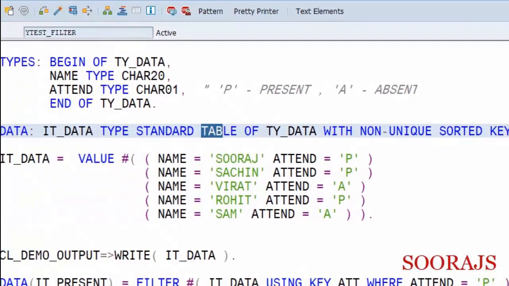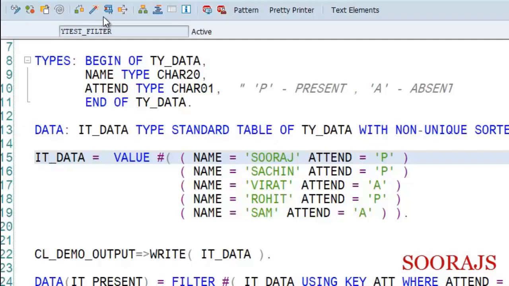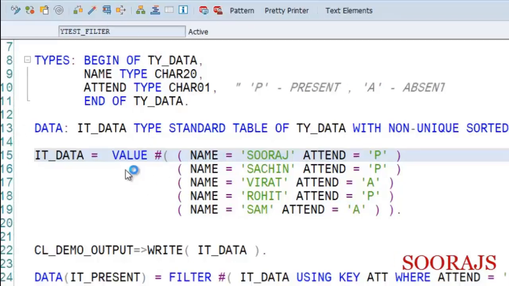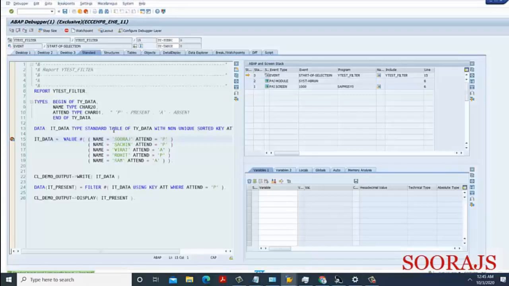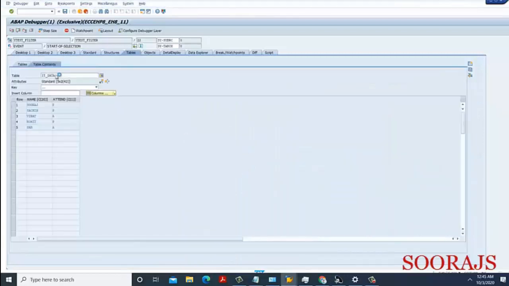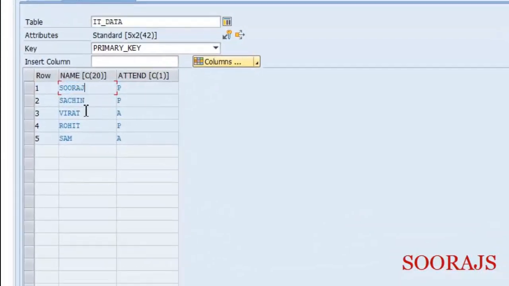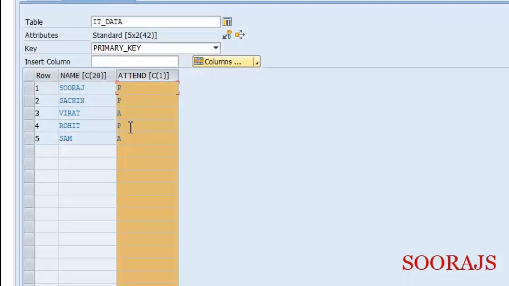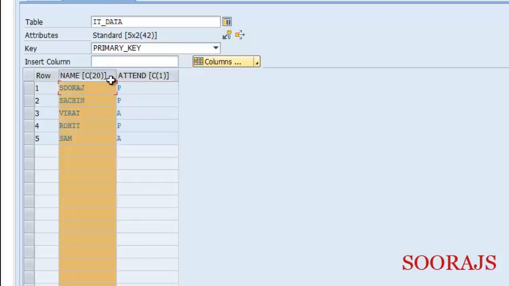Let us see in the debug mode how this table exists. Now it has two keys actually. You can see here there is a primary key in which Suraj is coming first, P, P, A, P, A. This is for the primary key.